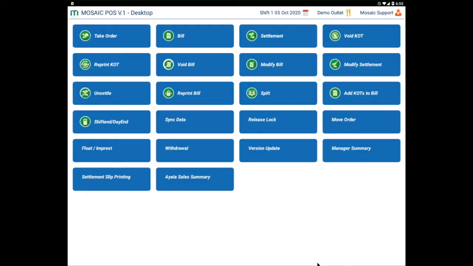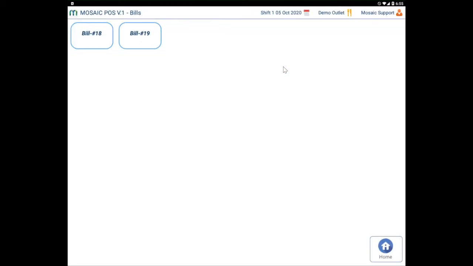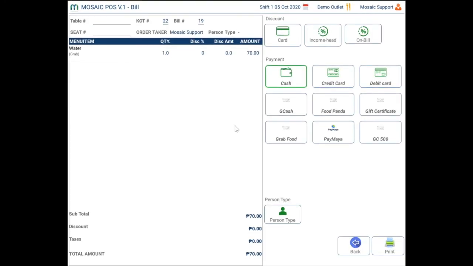Now, what do we do if a bill has already been generated and the bill needs to have a discount? We can go back to the main screen, go to Modify Bill, and then select the bill that we need to apply a discount. Say bill number 19. From here, we should be able to